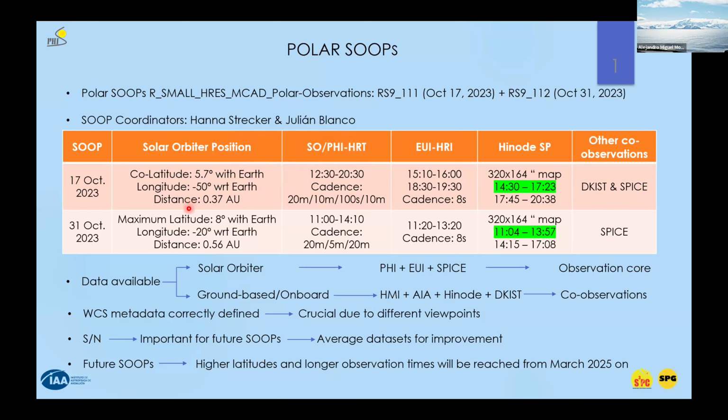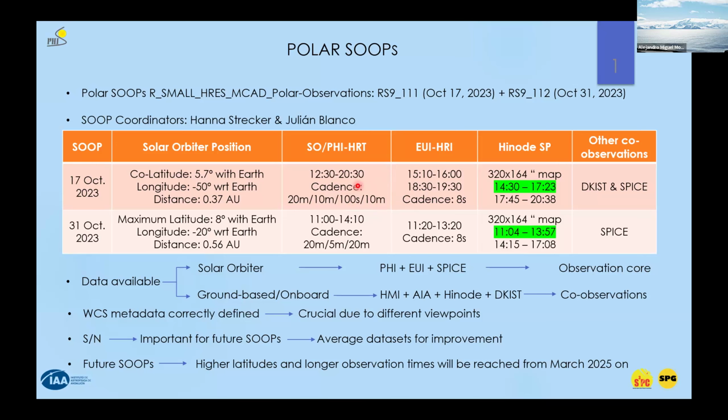So for us, the important point is the position of Solar Orbiter. For example, on the 17th, we had co-latitude with Earth, and the longitude was near 50 degrees, while on the 31st, the latitude was maximum and the longitude was just a few, 20 degrees. On board Solar Orbiter, we have recording simultaneously the High Resolution Telescope of PHI and also the high resolution imager of EUI,